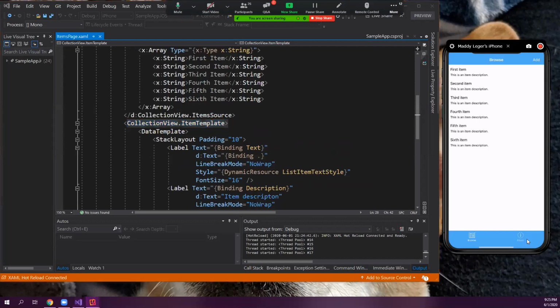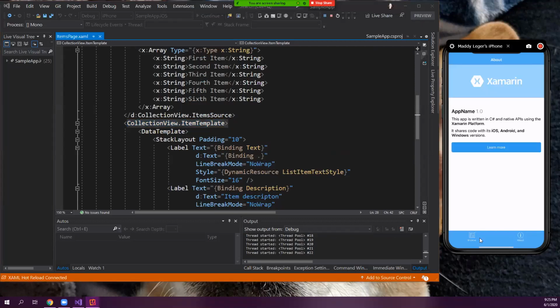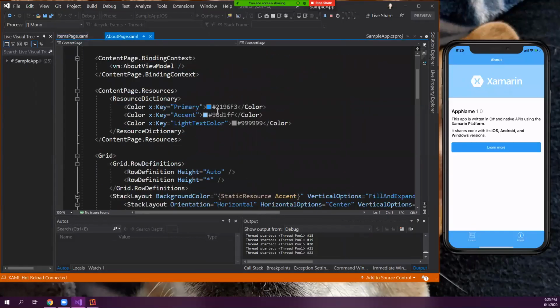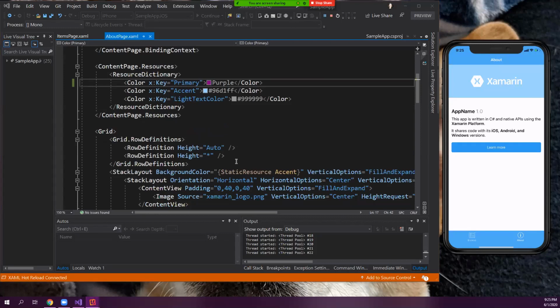But I can go in and I can just change anything. I'll go into my about page actually. I'll change the color of this button. I'll change it to, oh, purple. My favorite. Got some color previews. Give it a sec. Oh, I might have crashed it. See, I told you demos weren't in the mood today.